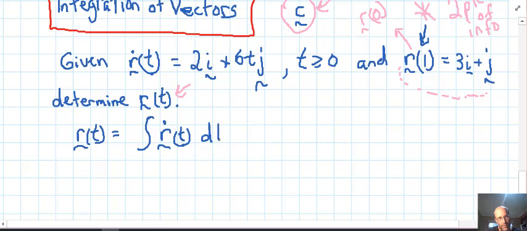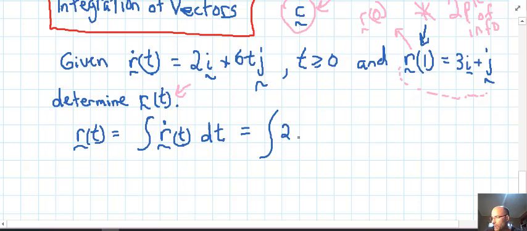And remember, it's with regards to t. The modus operandi is very similar to the differentiation of vector-valued functions. We integrate everything in regards to t as we go through the terms for i, j, and k. So let's do that. So we have the integral of 2